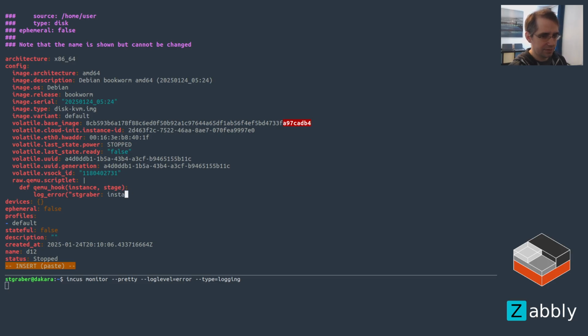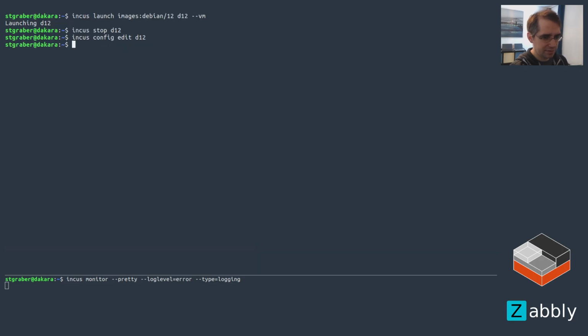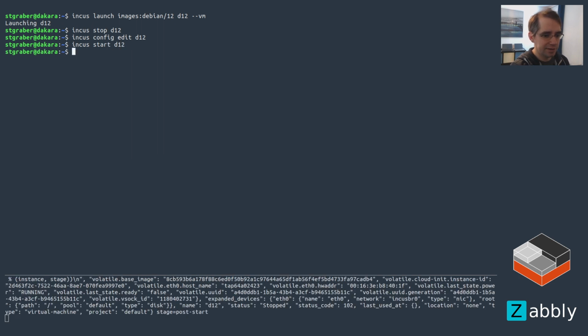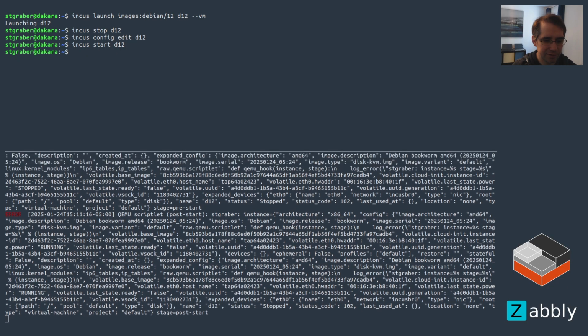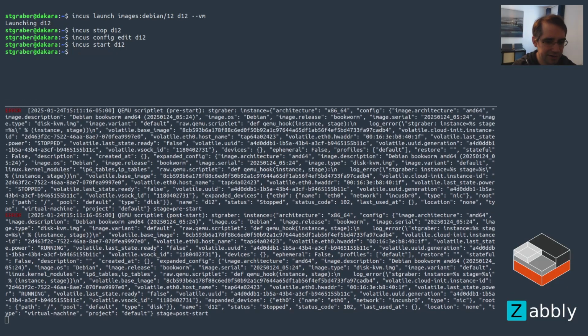So instance and stage. Okay. And so that got set properly, which is more than I expected, honestly. And yeah, it worked properly. Okay. So at this point, we just have a basic scriptlet, and what it's done is at each of the